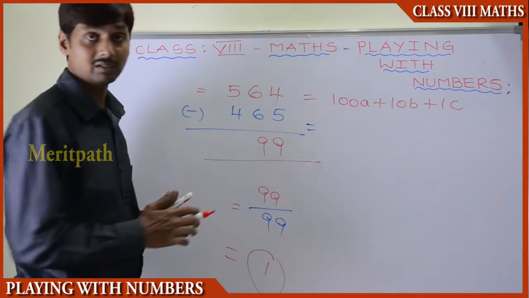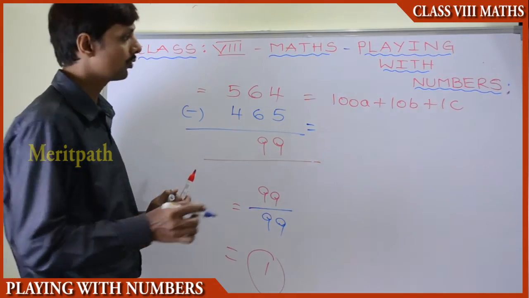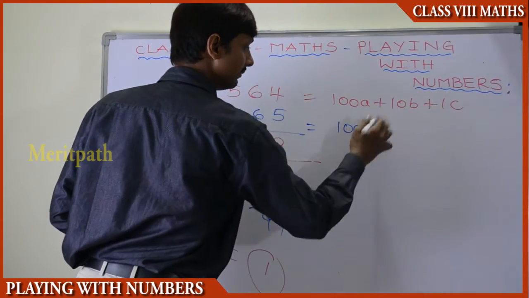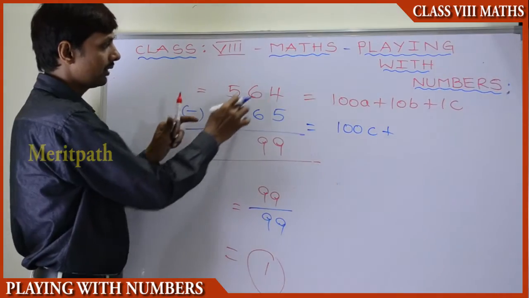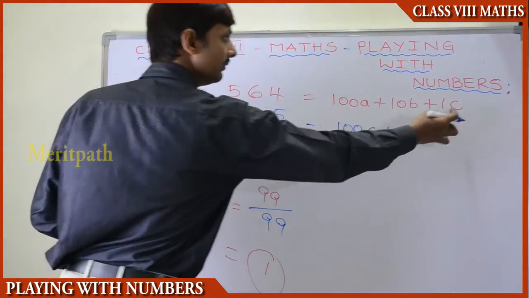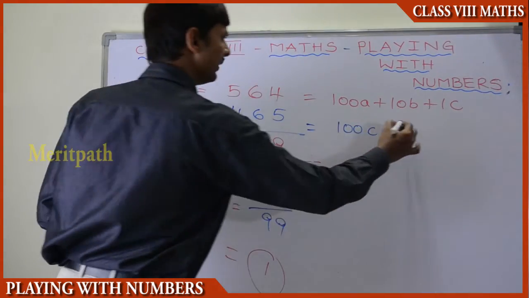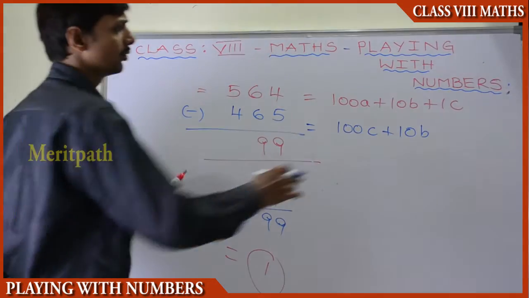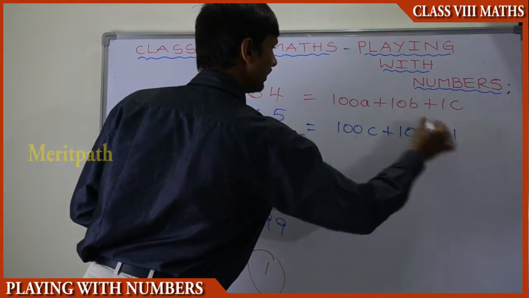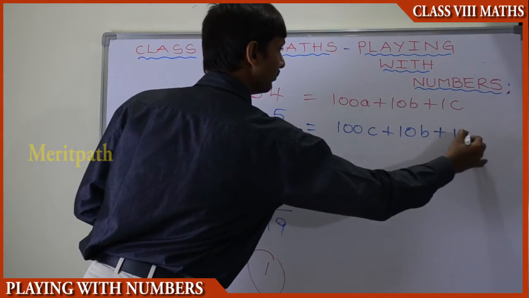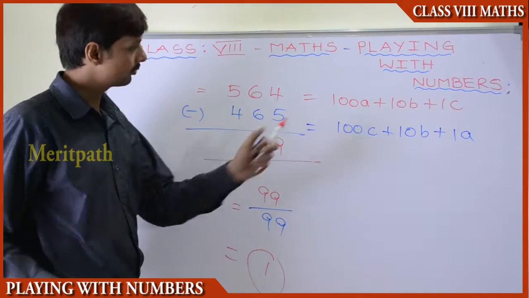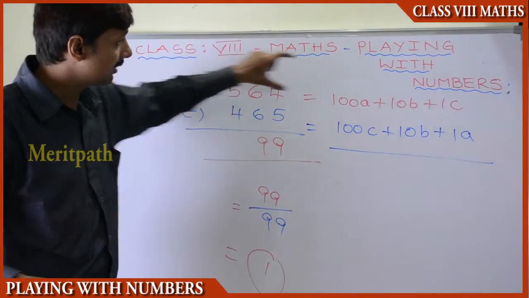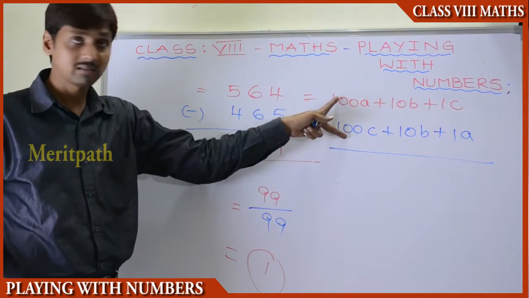Now let's reverse the digits. Reversing these digits, the C comes to the hundreds place, because we have reversed. The 4 comes here, 6 stays in the middle, and 5 will go there. Similarly, we take C here, and B is the same as it is, because when you reverse, the middle digit will not change at all. So B is the same, and then 1, and the A will come here. So A will go there. We have taken a 3-digit number and reversed its digits. This is the reversing of digits.